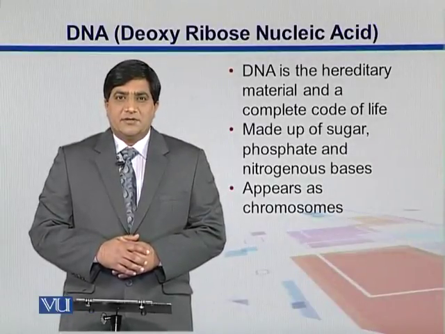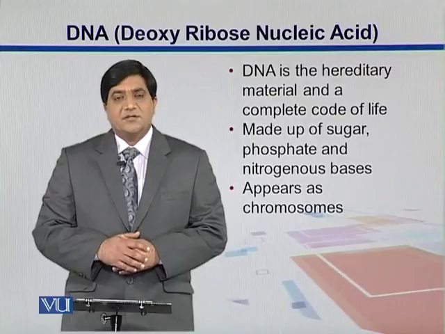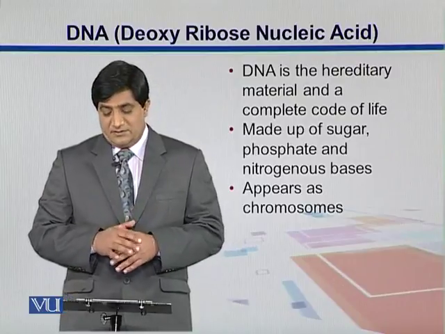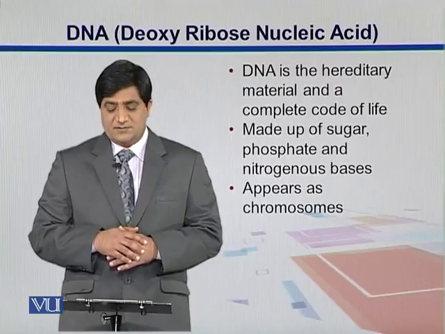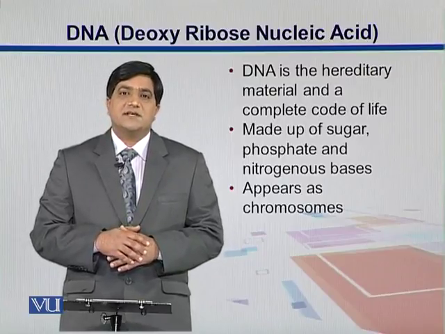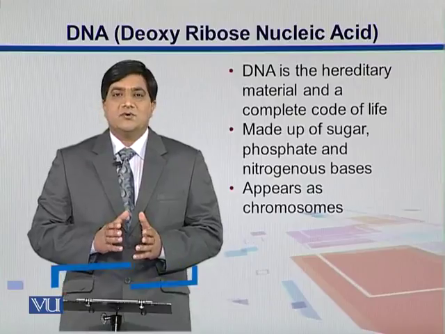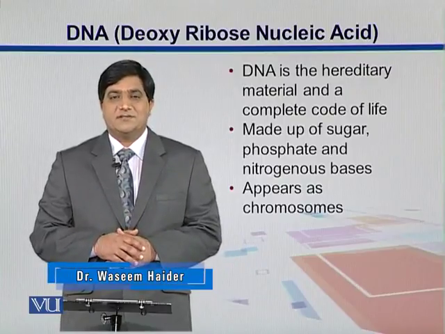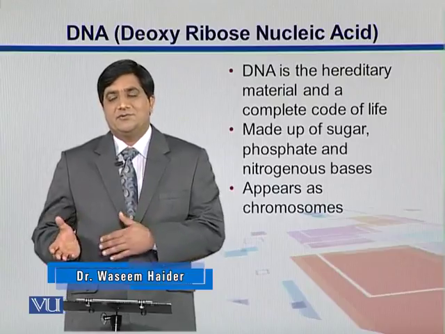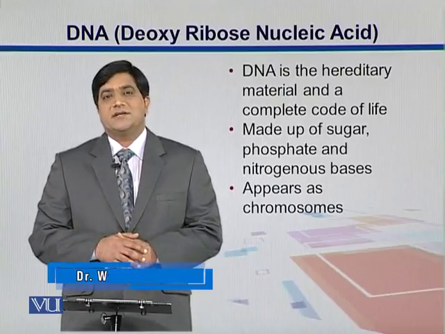Guys, we're going to talk about DNA, which is the hereditary material and a complete code of life. It is made up of phosphates, sugars, and nitrogenous bases. And DNA appears in the cells in the shape of the chromosomes. Chromo means colored, soma means body. So these are some sort of color threads in the nuclei of the eukaryotic cells, whereas in prokaryotes, it's present